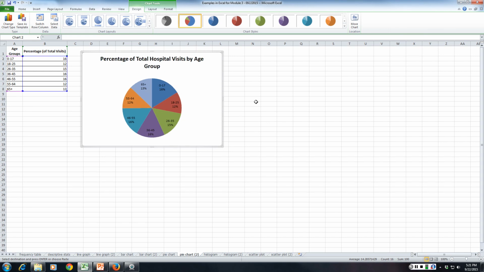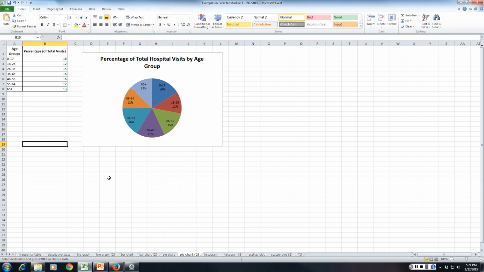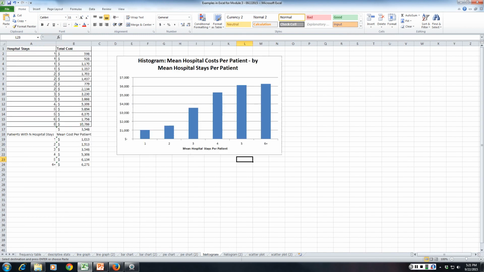And voila, we have a pie chart. Pie charts are really easy. Okay, so let's do a histogram now. So a histogram